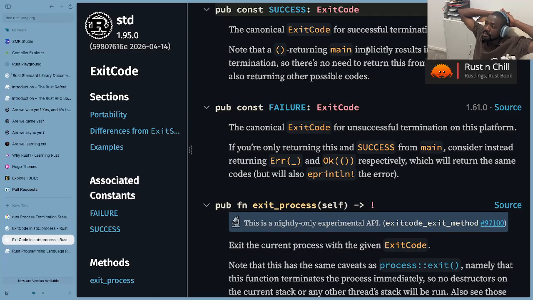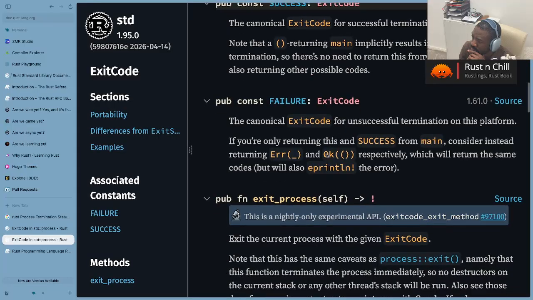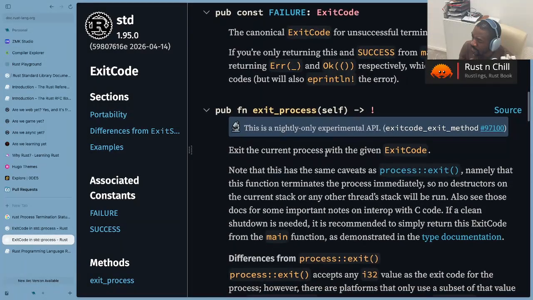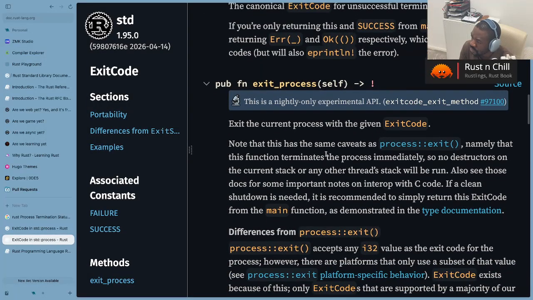There is no need to return this from main unless you also return that because, okay. And failure. Yeah, but how does it map to 1 and to